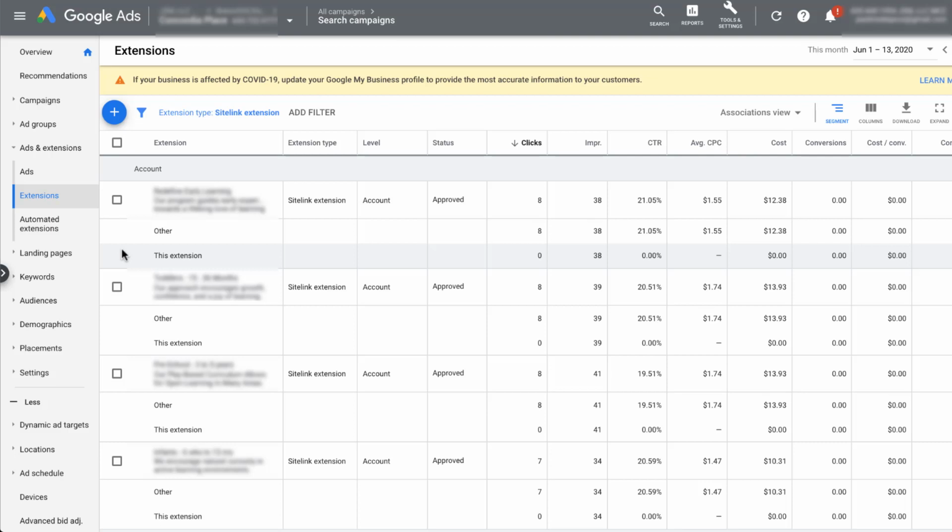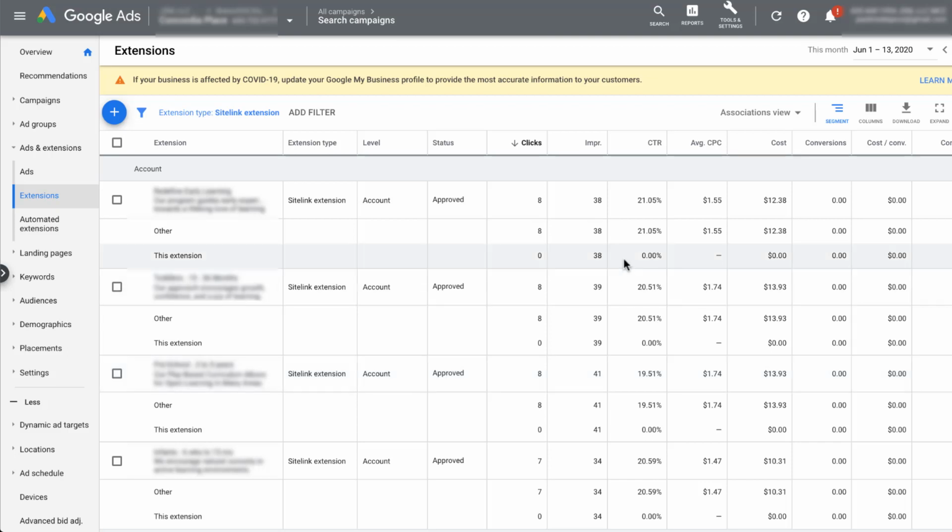You can also incorporate the fact that a site link might have an impact on performance of your ads, even though it wasn't engaged with. So this top one that we see here, the click-through rate when this site link was shown was 21%, whereas when this third one down here was shown, it's only 19.5%. That's not to say that this site link was the only reason that that ad had a 2 percentage point or a 1.5 percentage point higher click-through rate, but it certainly does lend itself to the fact that even though